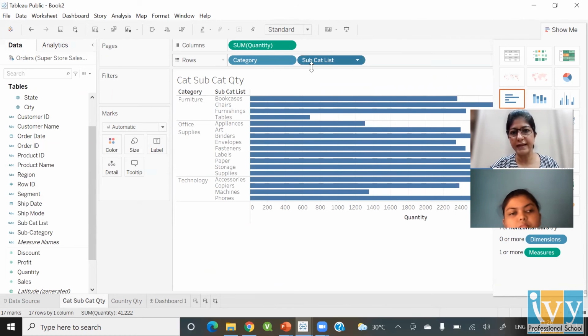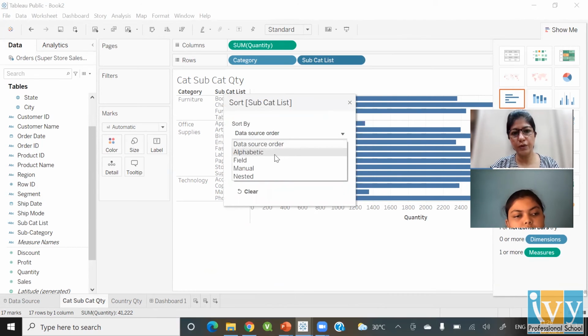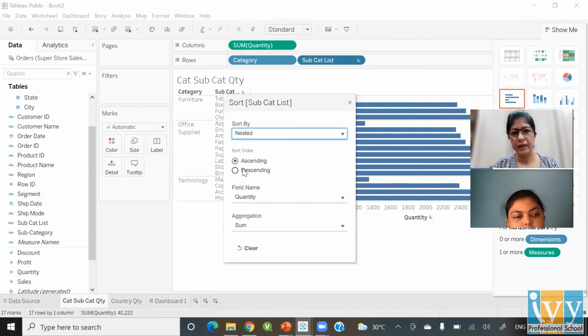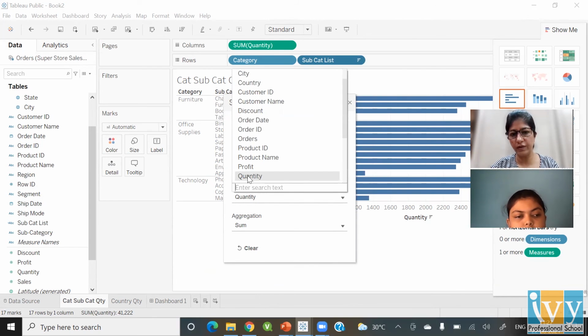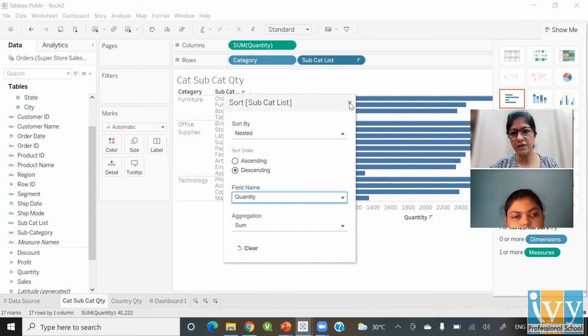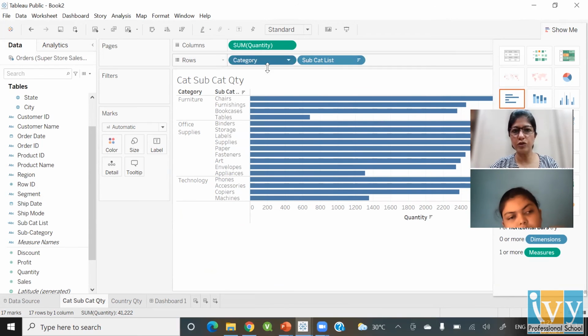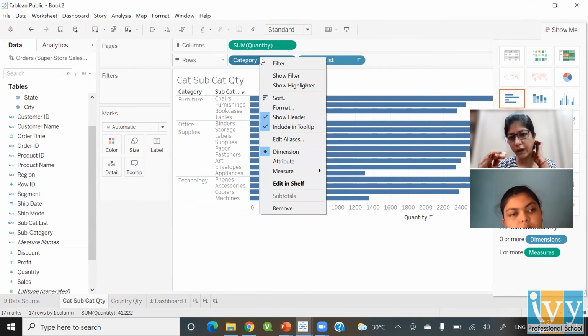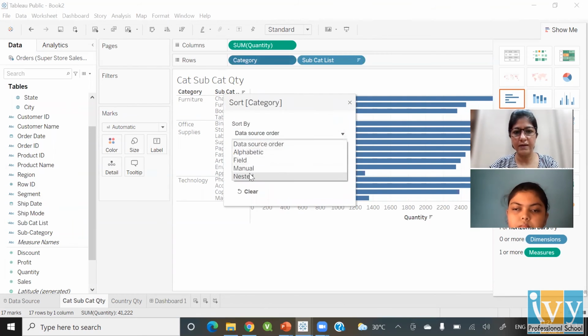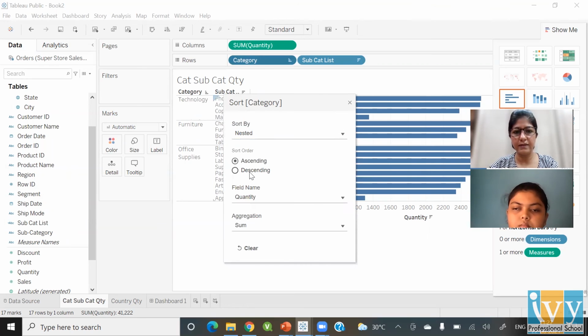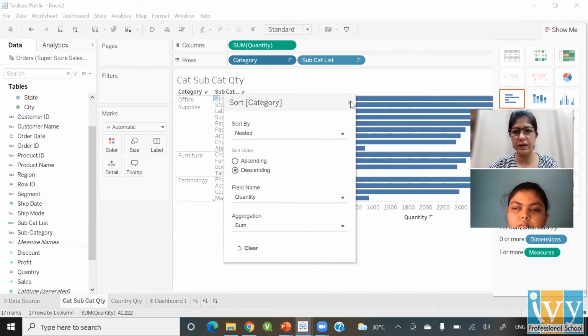So I'm going to subcategory sort, and inside this we are going to do nested in descending order, highest to lowest, depending on quantity. Close it. Now let's sort category also, so that if the categories are showing up, that also should be highest to smallest. Then go to sort once again and nested, make it descending based on quantity.